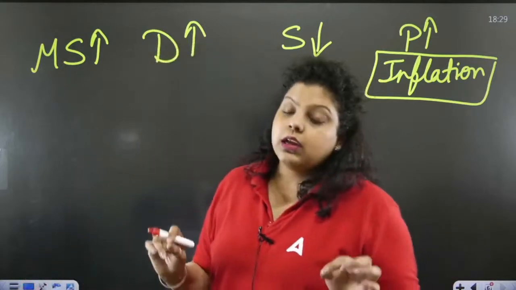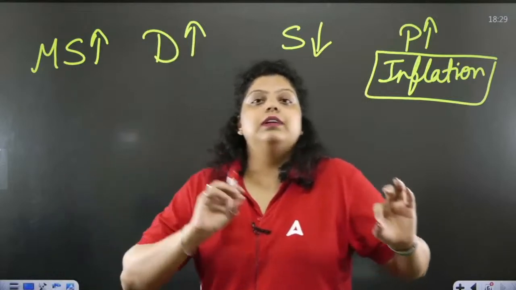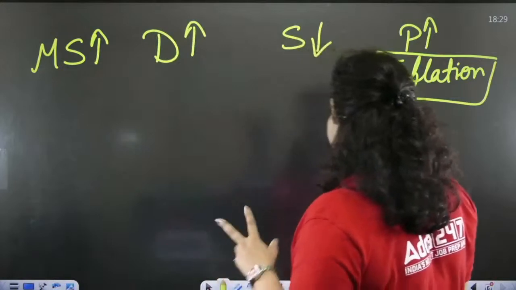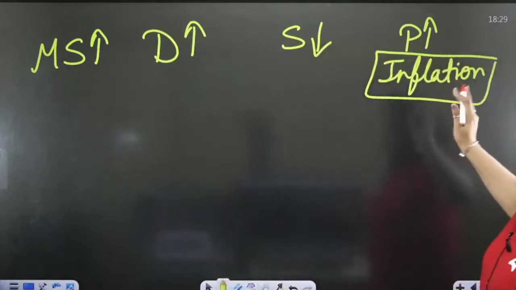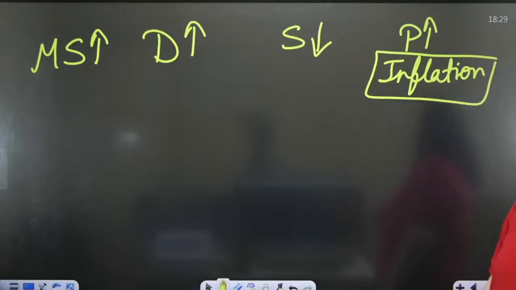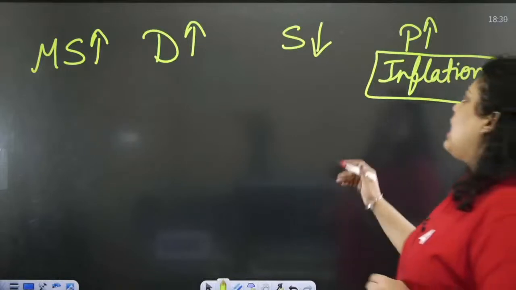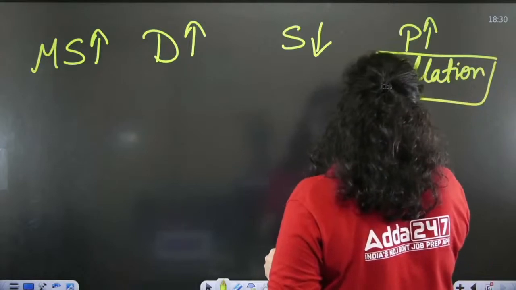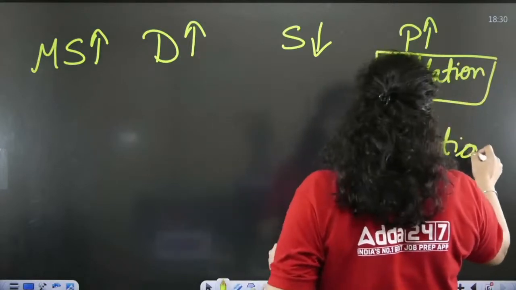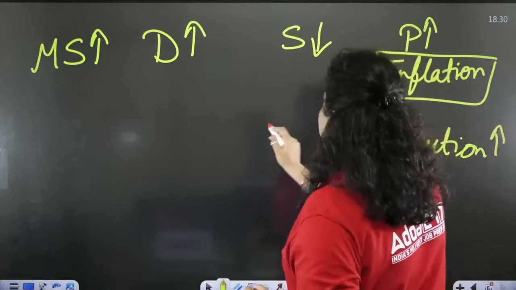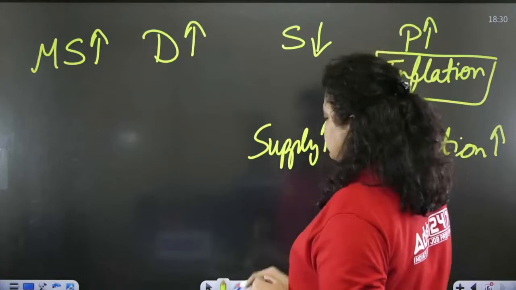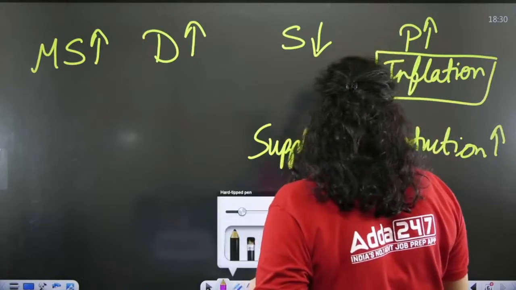But still, inflation in different sectors can have a different impact, right? So if the demand is more and supply is less, the prices are increasing, so inflation increases. To control this inflation, what do we have to do? We have to increase the production, because people are demanding more goods and services. When the production is increasing, it means you are trying to increase the supply. So you can see the relation now.